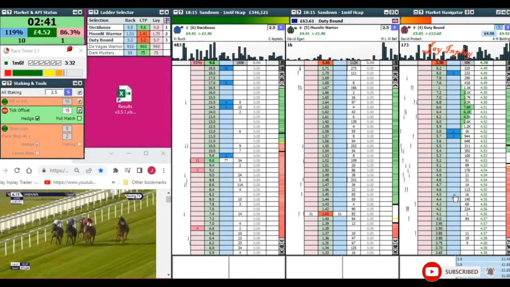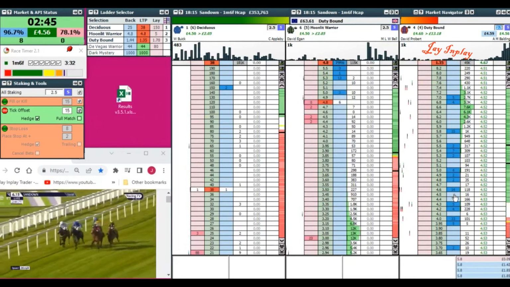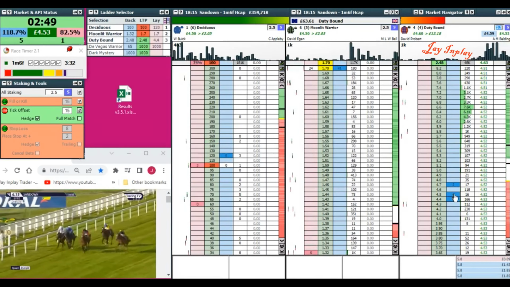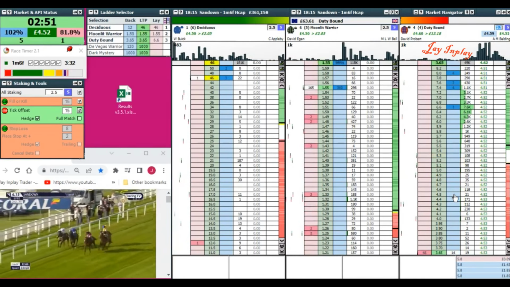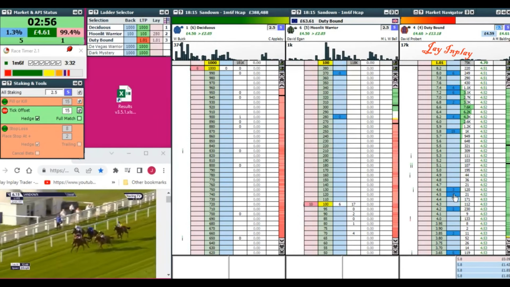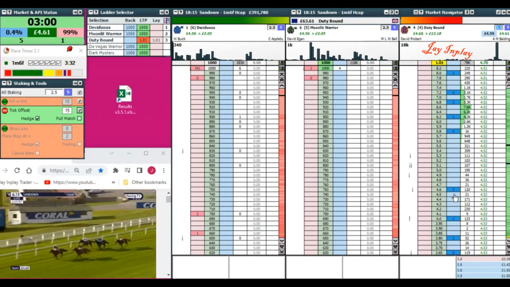Duty Bound is third out wide. Moonlit Warrior is still staying on, a horse who stayed over further last time, and then De Vega's Warrior. Duty Bound possibly just gets to the front now. Moonlit Warrior on the outside. Duty Bound from Moonlit Warrior as they race up towards the line. Duty Bound goes a length and a half clear of Moonlit Warrior, and inside the final 50 it's a royal